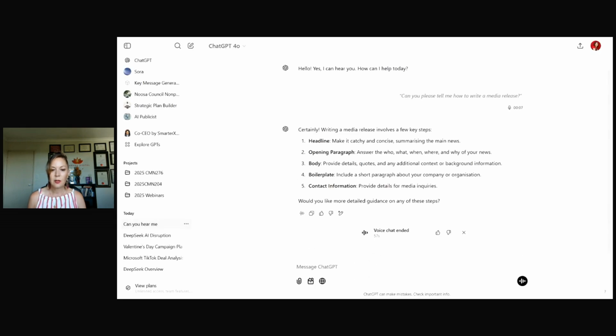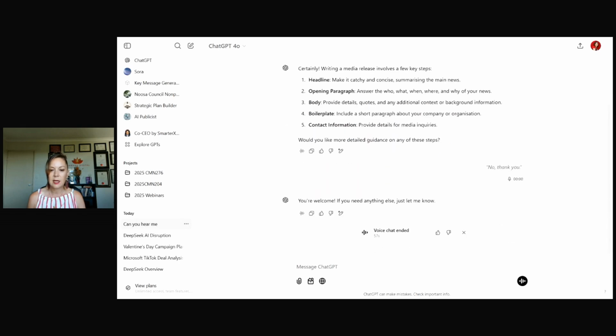Now, you can see here the chat is actually here, and then it's all summarized there. And then you could always get it to write it for you, but it's on the app. You can actually share your camera as well and say, what is this plant? And then it'll actually analyze the image and tell you what it is. It's pretty helpful.